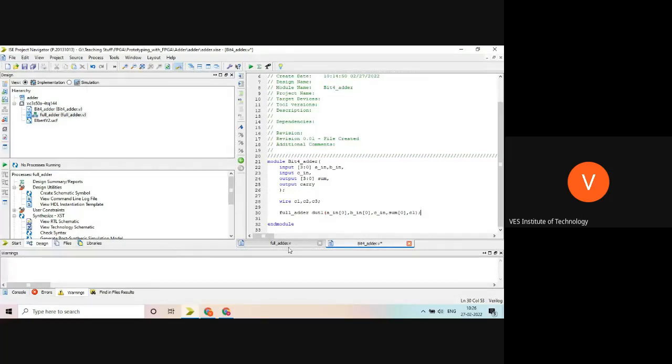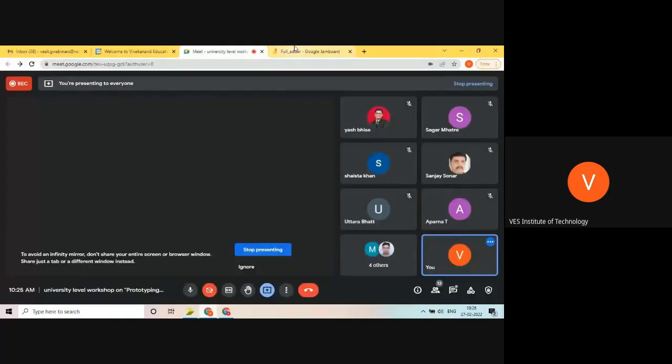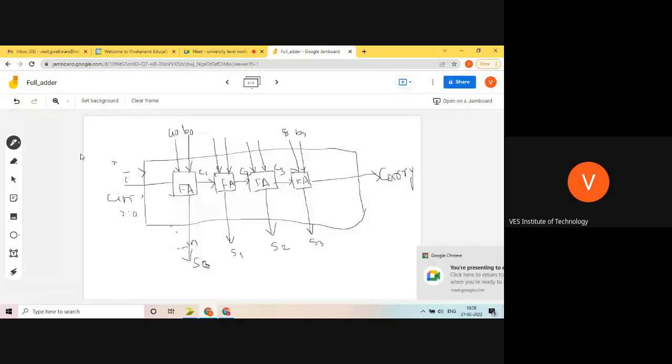The output is C1. So I will make change here. Watch this. A0, B0. As is in the same way I will write. So there will not be any difference and no confusion will be there.